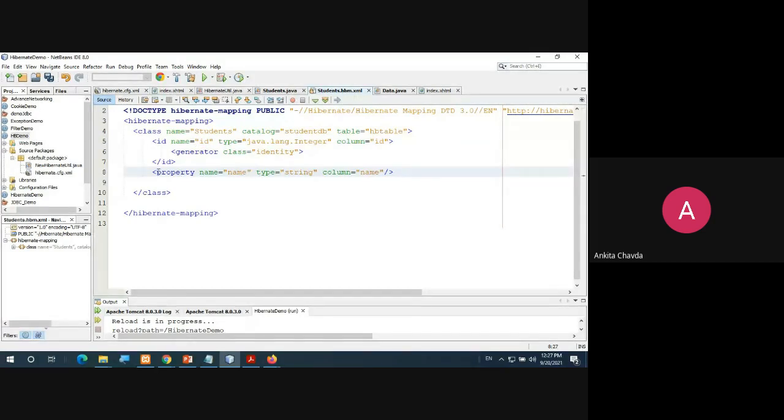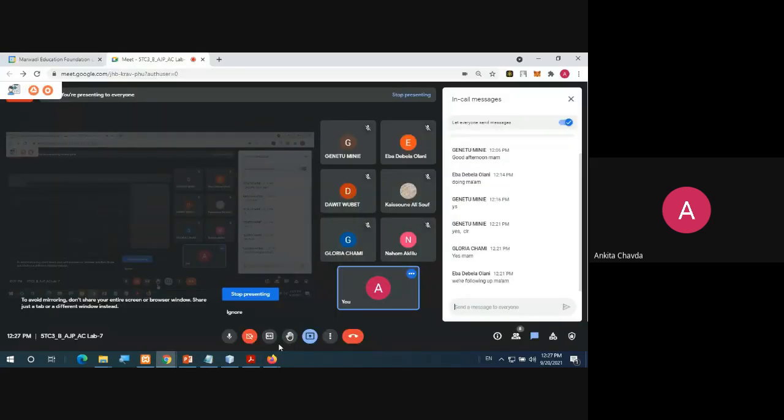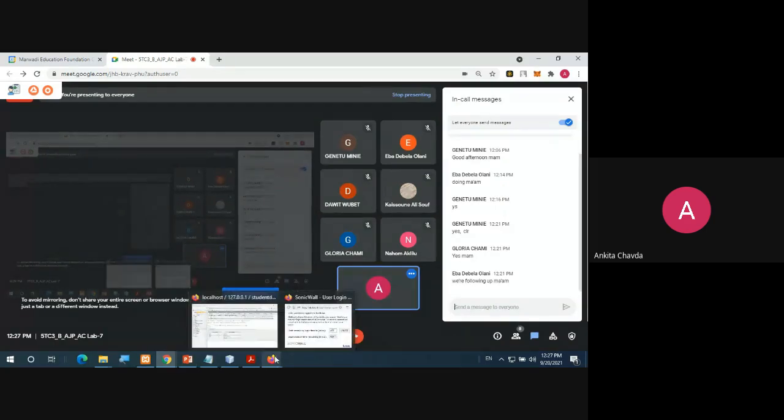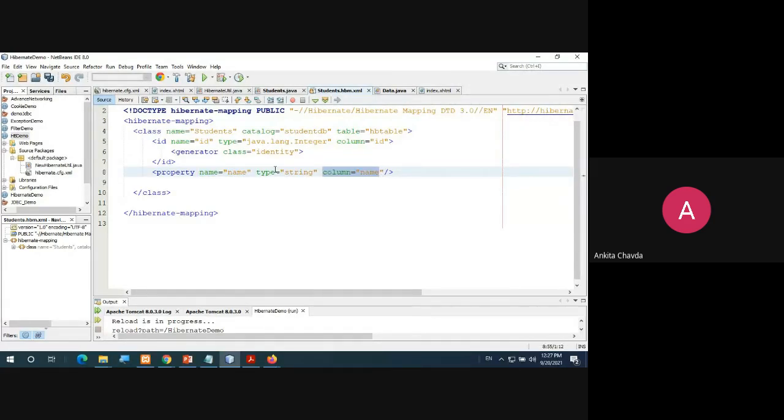Now here you are specifying another value, that is property. We are specifying for the property. So another is name. That column name is again name, and the type is what? String, right? So you are simply closing it via the slash.